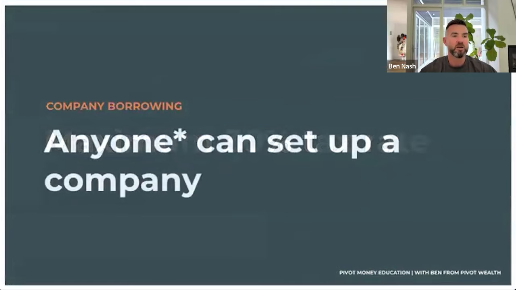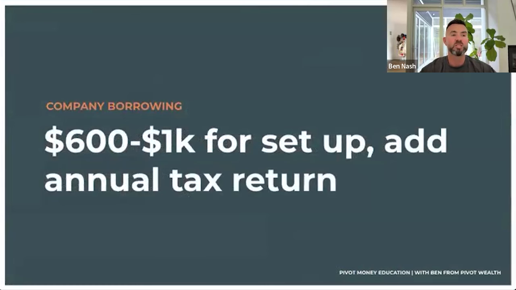That's one of the benefits. Anyone can set up a company. Basically, anyone. I put an asterisk here because the caveat is that as long as you're not on some government blacklist somewhere, or banned or disqualified, you can. It costs between about $600 to $1,000. Don't quote me on that number, but it's going to cost at least $600-ish because there's a fee that you pay to ASIC for registering the company. Then, depending on whether you're doing it yourself or getting someone to do it for you, you need to do an annual tax return on top.